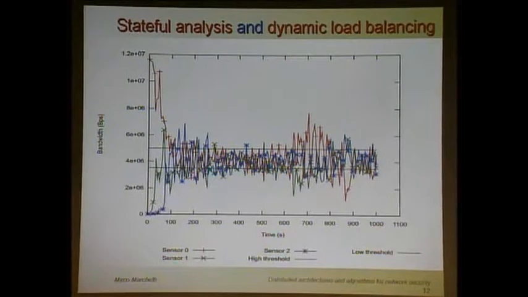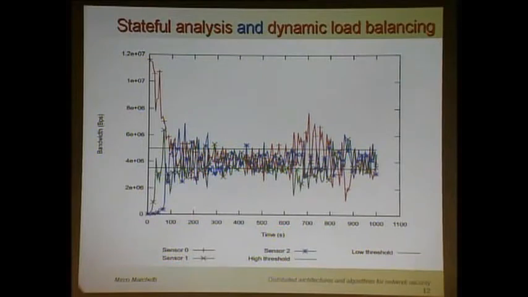We implemented that new stateful and dynamic load balancing algorithm. In this chart, we can see an example of the first version of this algorithm in which load balancing and load state was measured only by load samples without any statistical aggregation function taken on load samples. On the y-axis, we can see the bandwidth that is basically directly proportional to the load of the parallel sensors in the parallel architectures. The three lines of different colors represent the load experienced by three different parallel network intrusion